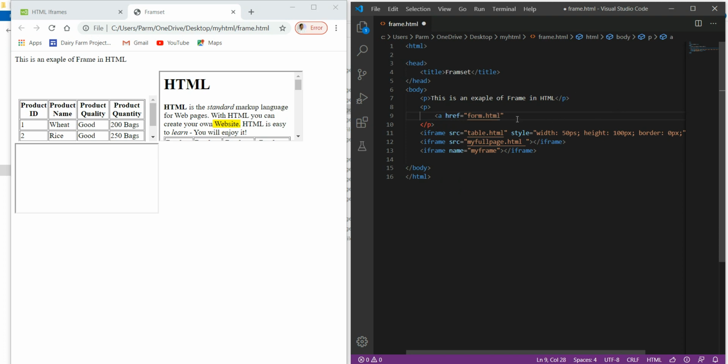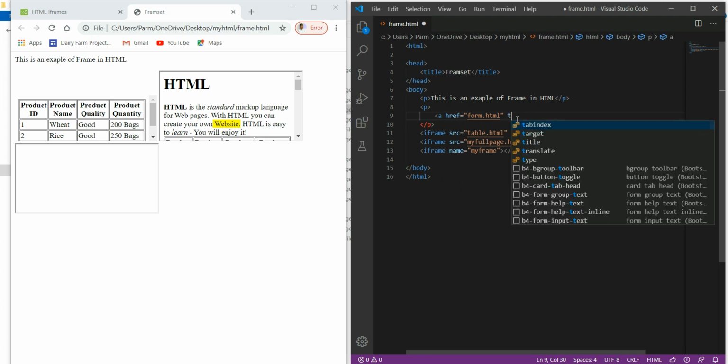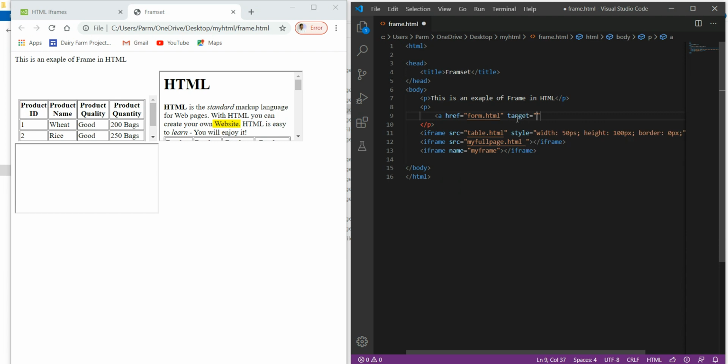Okay, and here we have to use another attribute of the anchor element, that is target. It means that if we click on this link, it will be opened in the target, that is myframe.